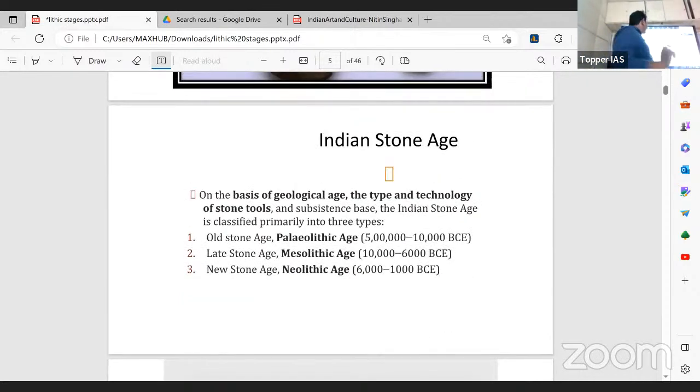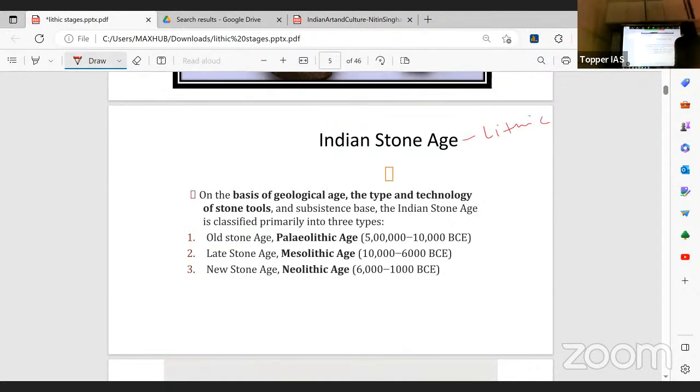So, the Indian Stone Age, which is also called the Lithic stage. Lithic is nothing but Stone Age. The Indian Stone Age can be divided into 3 stages, based on the settlements and the type of stone tools they used, so based upon the technology. Almost from 5 lakh BCE to 10,000 BCE,